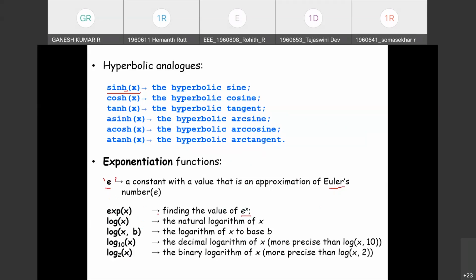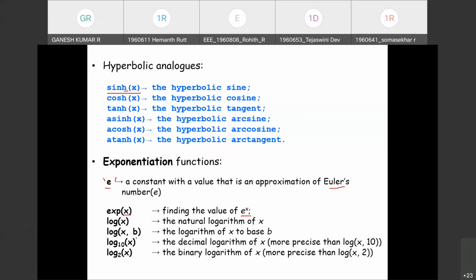An exponentiation function will have the format of exp with a variable within brackets. So this function takes one variable, and exponentiation of x is equivalent to e power x. The natural logarithm is log x.